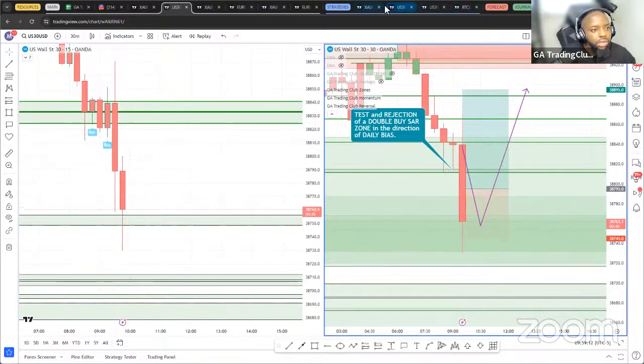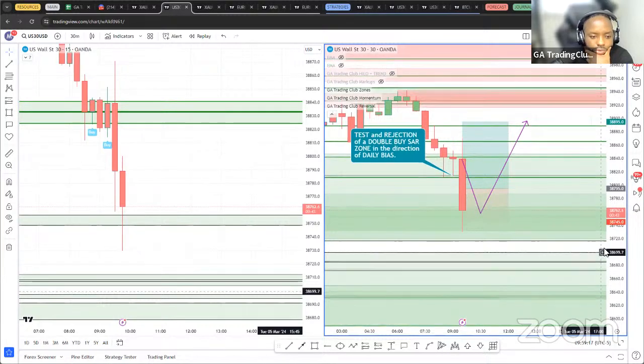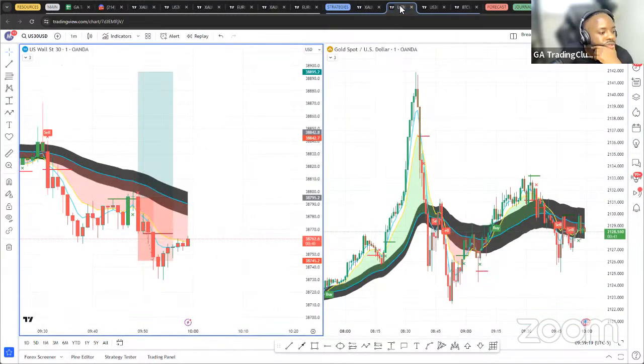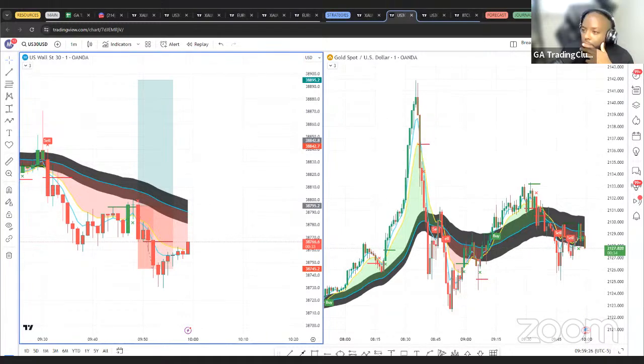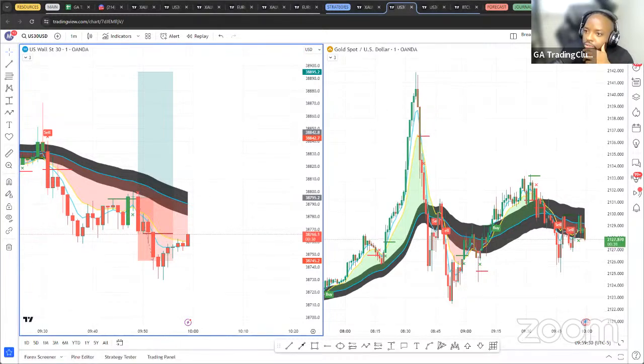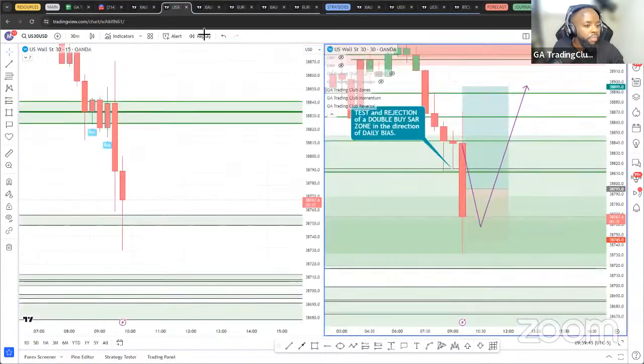But still, let me think this through. Let me see how far down. 640. Okay. One sec. So US 30 fully bearish on 15-minute time frame, a little bearish on 30. Gold. All right, let's see what happens here. So if